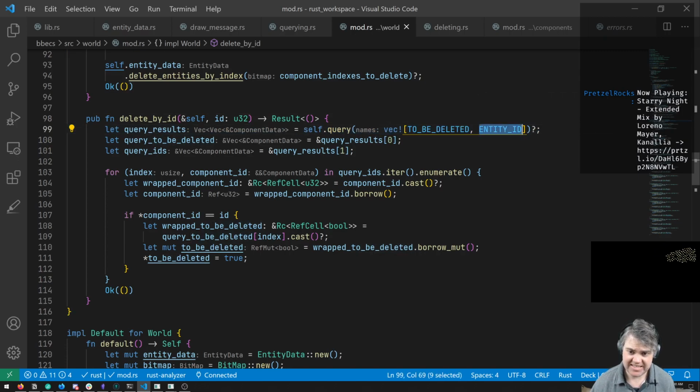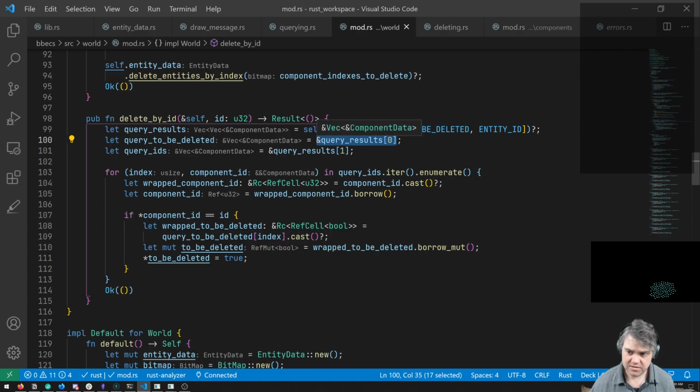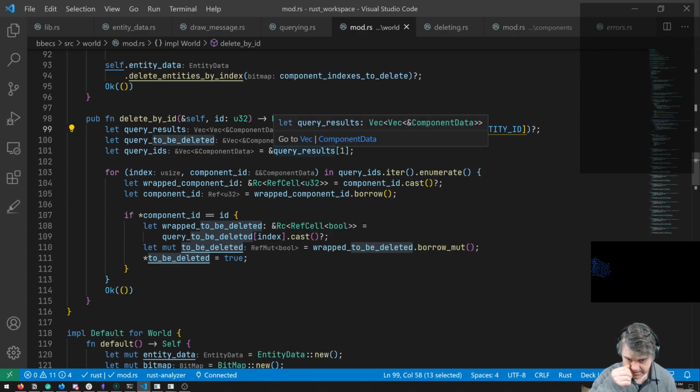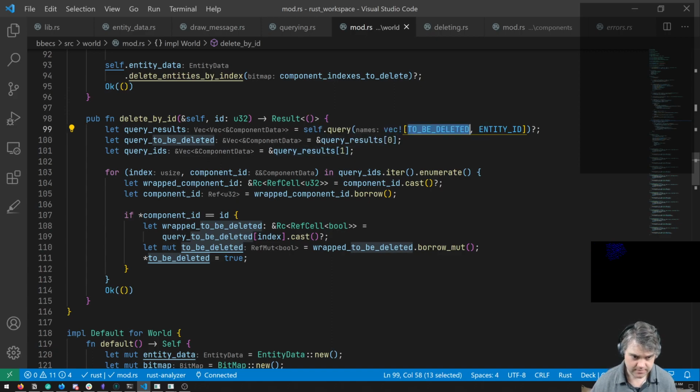We get the entity ID. Query to be deleted. We get query results of 1 or query results of 0. That should be true and false. And query IDs is the other one. Index component ID.